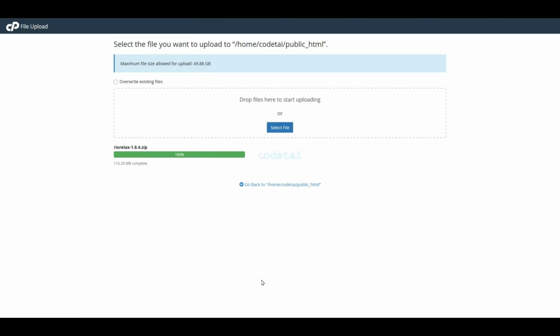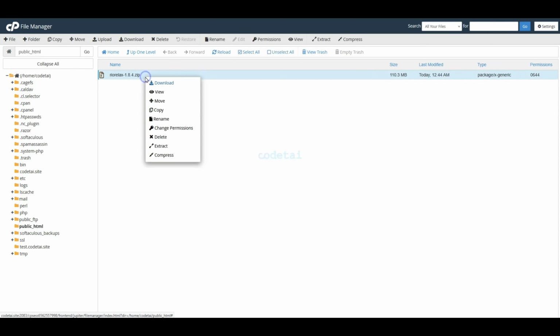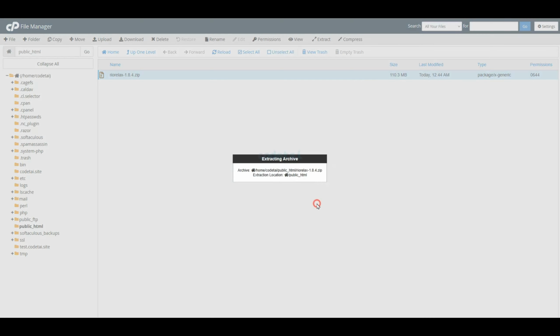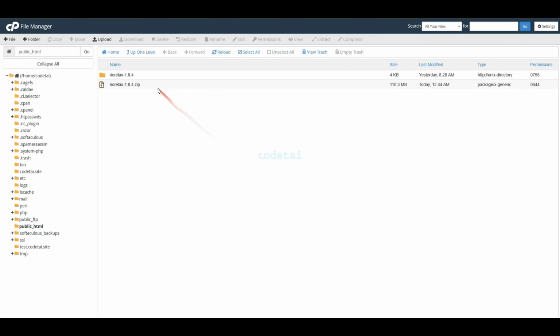We have successfully uploaded the source code to our cPanel. Now we need to extract this zip file. Then we need to delete this zip file.